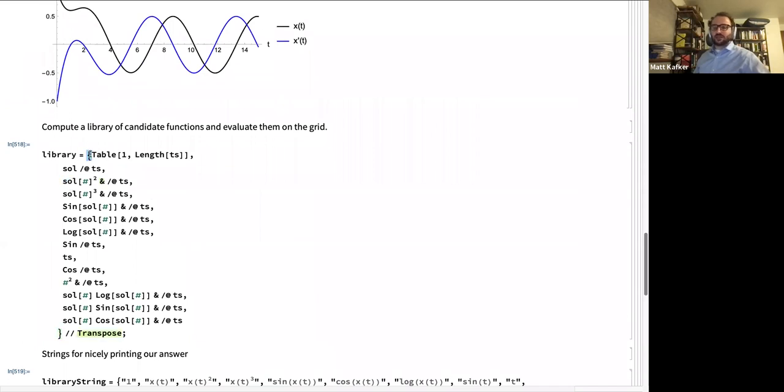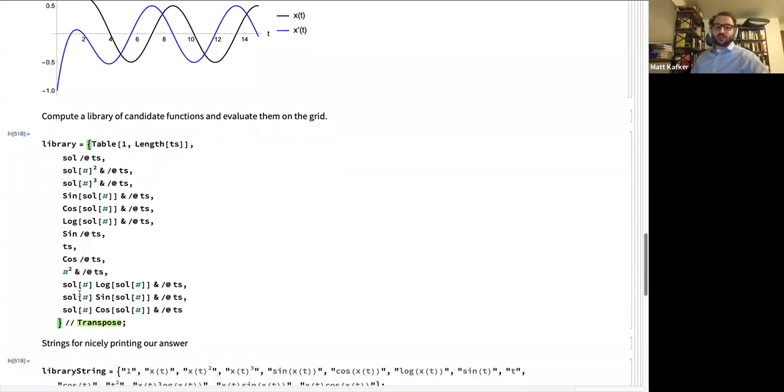But the idea, like I said, was that you come up with a bunch of potential functions that you think F might be, and then you evaluate them at all of your time points. T's are the time points of our simulation. So this is the one function which takes the value of 1 at every time point, which allows for constants to be included in your F. Then we have x of t, x squared of t, x cubed of t, sine of x of t, cosine of x of t, sine of t, t cosine t squared, all of these things. You come up with a nice list of examples. You probably don't want to make it 1,000 candidate functions long because your regression is going to have a harder time converging. But we can numerically compute these things.